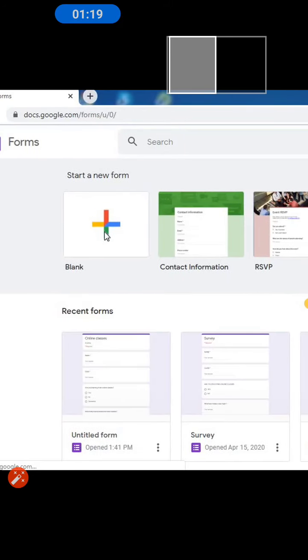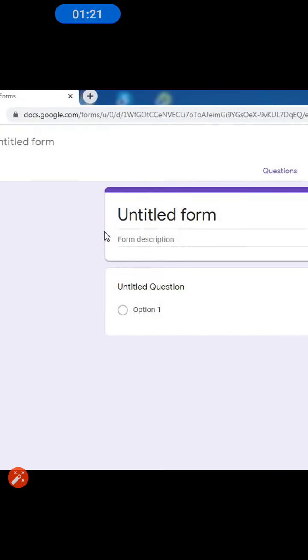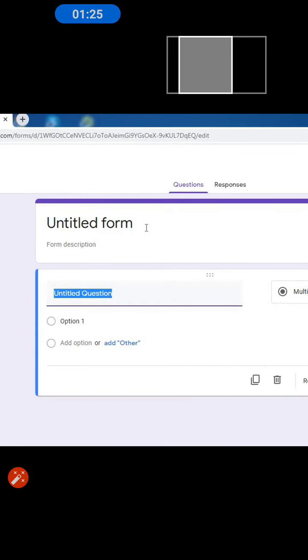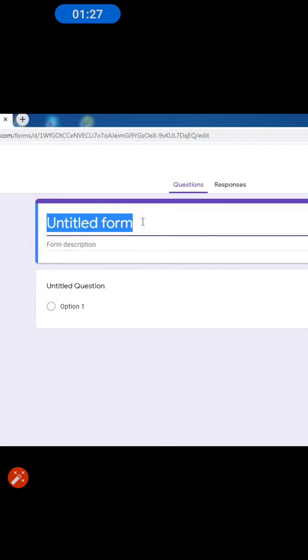Here we can see a plus button, that is for creating a new form. After that, we give a title to our form. We type the title. The title is Basics of Computer.